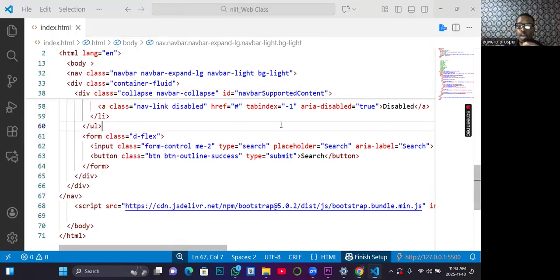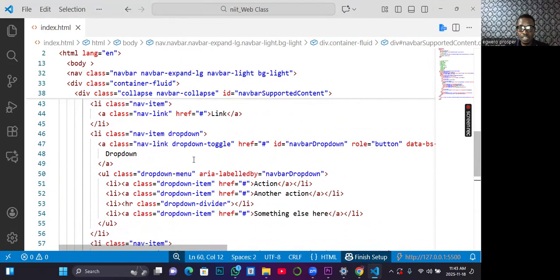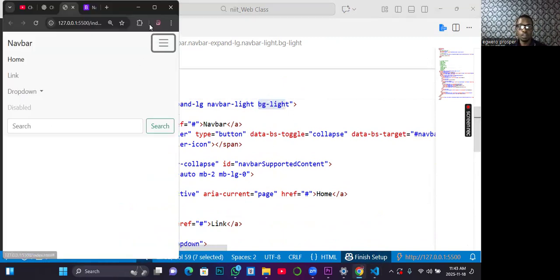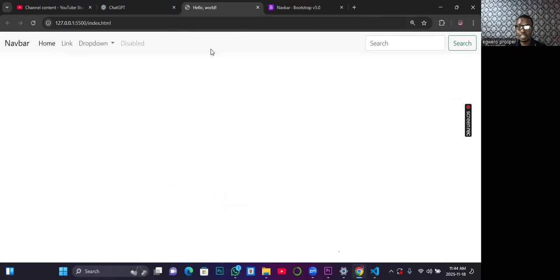So now you will go and deal with the classes for you to be able to change it. Now look at the class that I mentioned. If I want to change the color, from my initial explanation you already know where to tamper with the background color. What is the current background color of the Navbar? Something light, right? If I want it to be red,